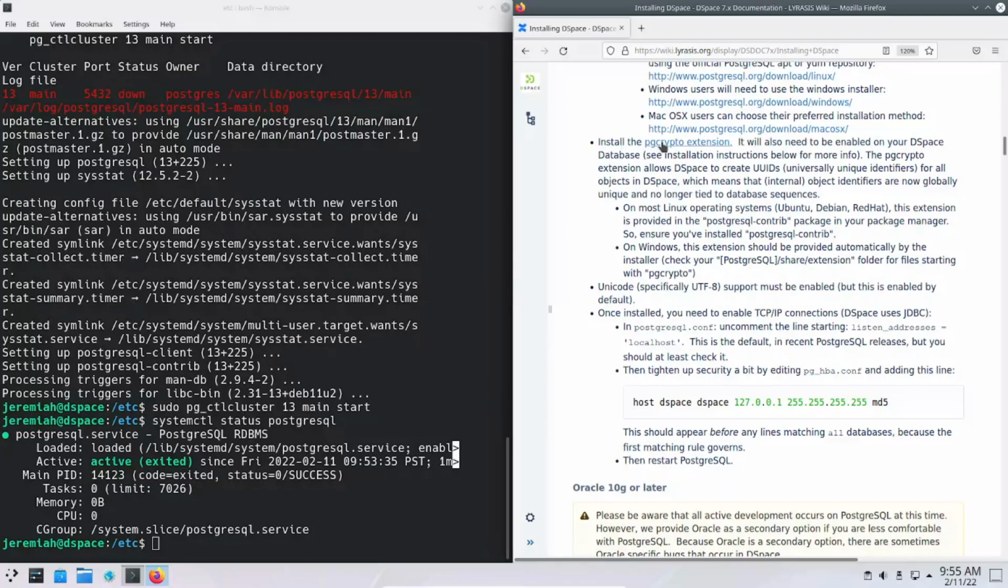Okay, so we've installed the pgcrypto extension. Like I said, that's in the postgresql-contrib. We're not using Windows, so we don't need to worry. Unicode, specifically UTF-8 support, must be enabled, but this is enabled by default. Well, sometimes when they say things are enabled by default, they're not, so it might be a good idea to check on this. And at this point, what that means is we have installed PostgreSQL, and when we installed PostgreSQL,